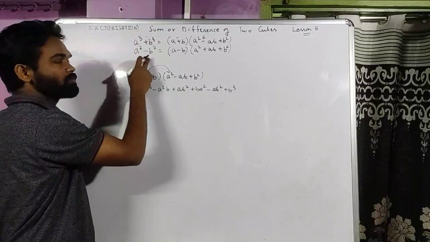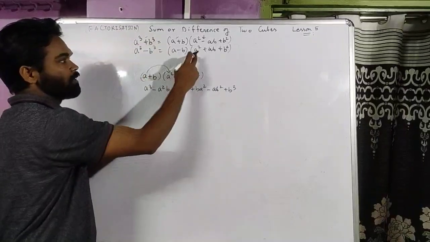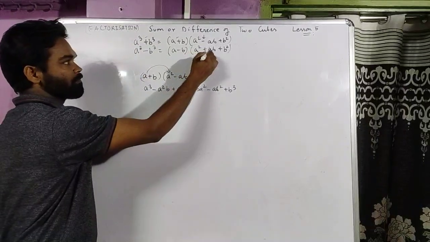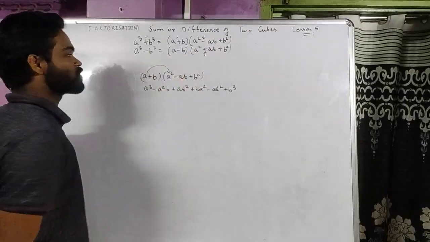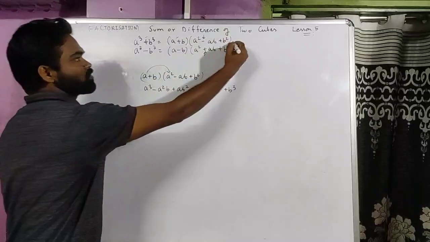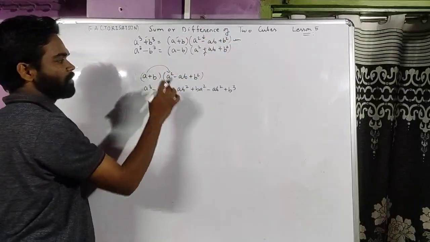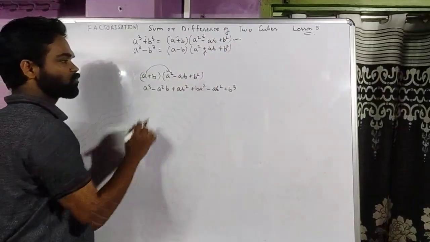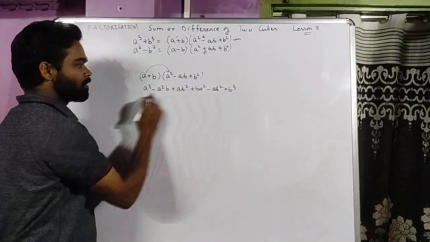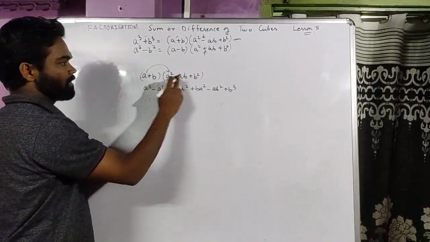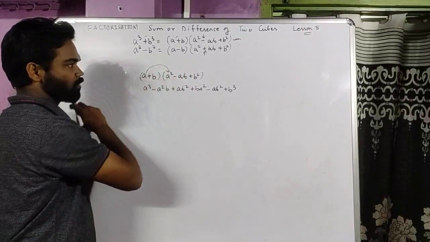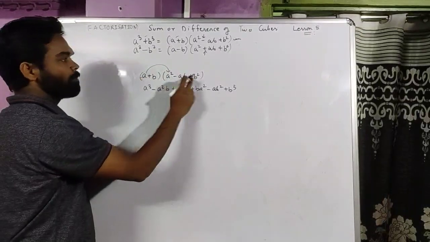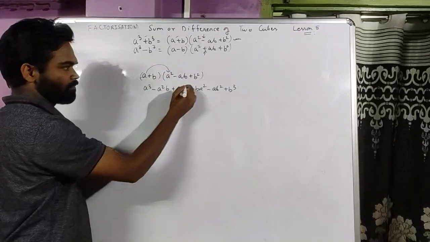And for a cube minus b cube we have (a minus b)(a square plus b square), okay? A square plus ab plus b square. Now when we solve this, if you look, a plus b multiplied by a square minus ab plus b square, we get this expression: a cube minus a square b plus ab square plus ba square minus ab square plus b cube. And if you look carefully,